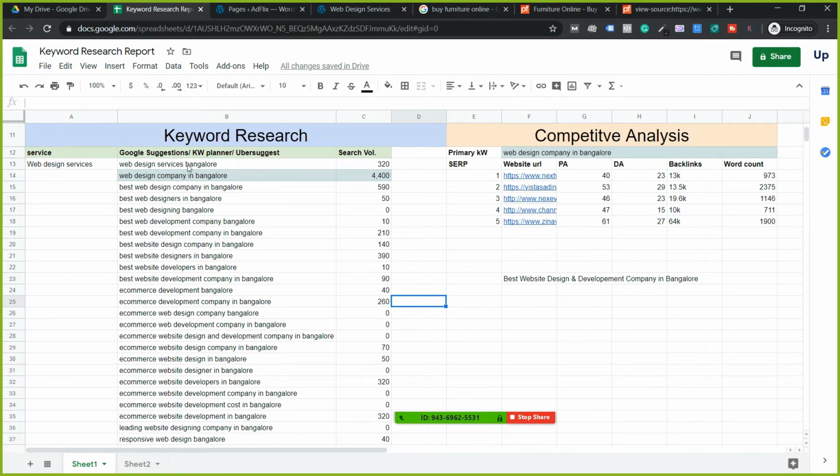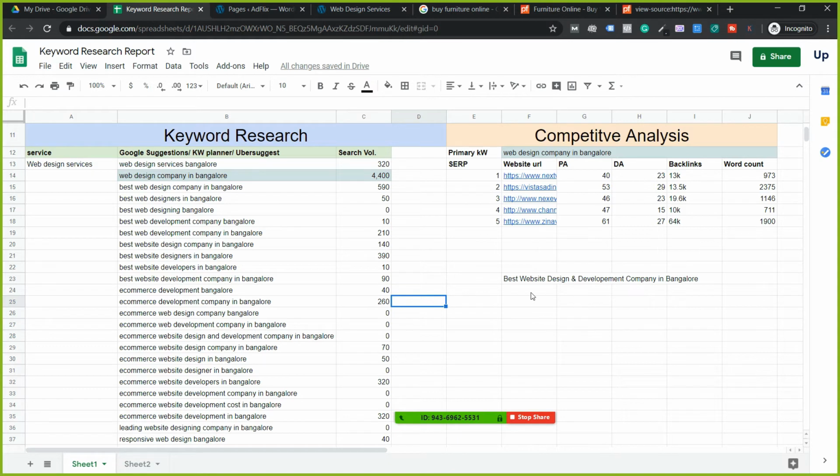I didn't optimize services, so there's no point in that. Now, web design company in Bangalore. Can you see in the website, web is there? Web design company in Bangalore. Guys, just keep in mind, you don't have to put those exact words in that exact order. Google is way too smart. They will understand, but make sure the words are close to each other.